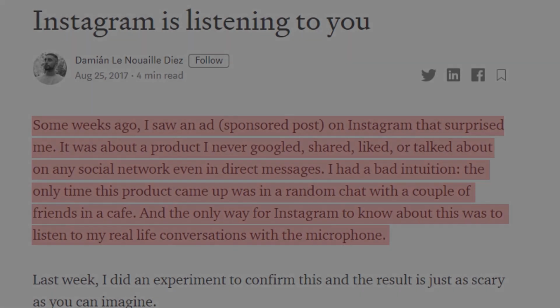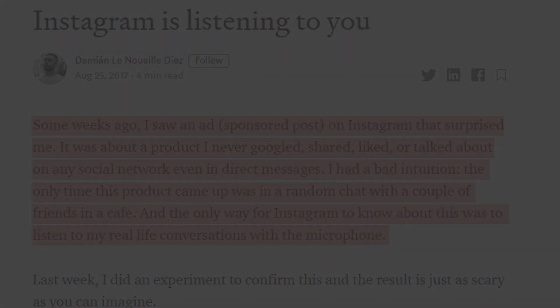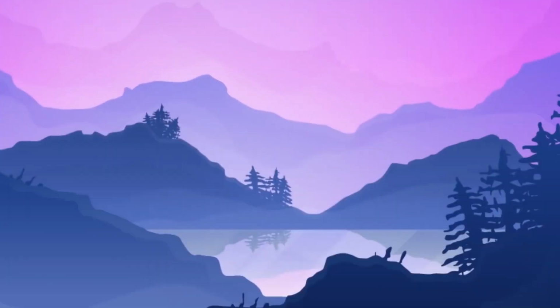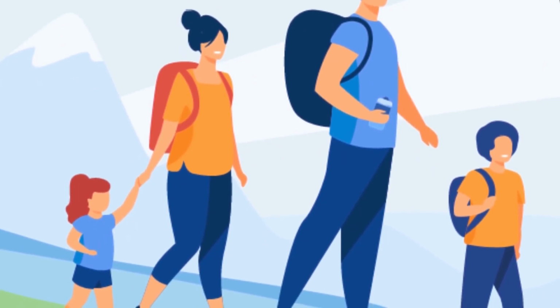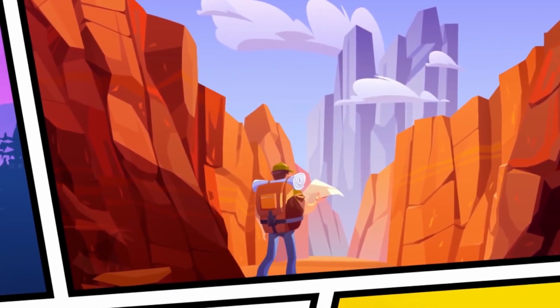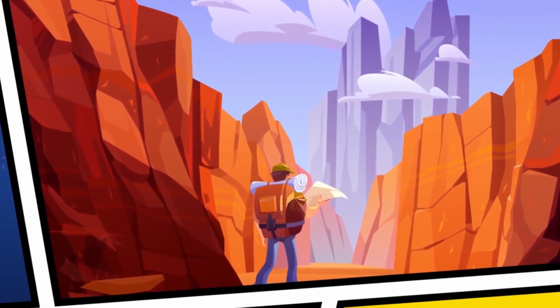Well, highly likely. However, he conducted an experiment to prove his theory. Quote, I was in Spain with my family and we went hiking from 7 a.m. to 3 p.m. at a 2,300 meter altitude, very partial 3G, and my phone was in my backpack, iPhone 7 Plus in a low battery mode.